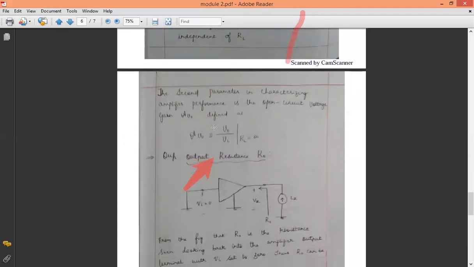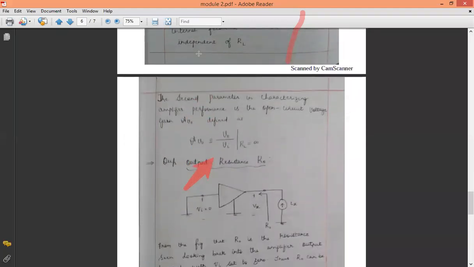Unilateral amplifier. Okay. See, that is the first parameter in characterization. The first thing you have to find is the input resistance. I told you characterization means knowing about the properties of the amplifier. Now you know the value of Rin. The second parameter in characterizing an amplifier is finding the open circuit voltage gain.